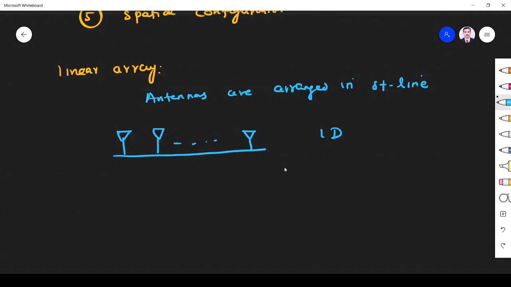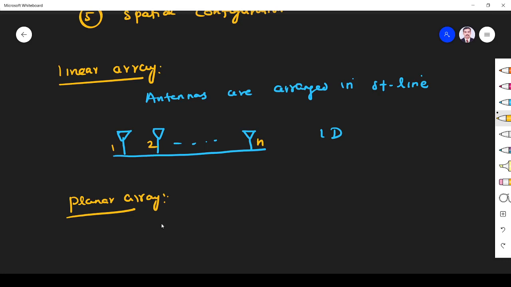Next, the planar array. The second array is this, 1, 2 up to n elements. Planar array. Here antennas are arranged in the form of a plane.